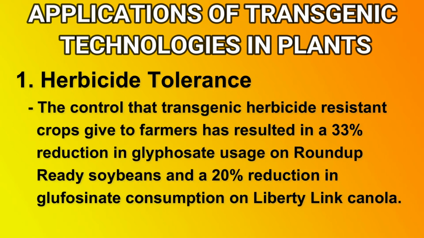The control that transgenic herbicide-resistant crops give to farmers has resulted in a 33% reduction in glyphosate usage on Roundup Ready soybeans and a 20% reduction in glufosinate consumption on Liberty Link